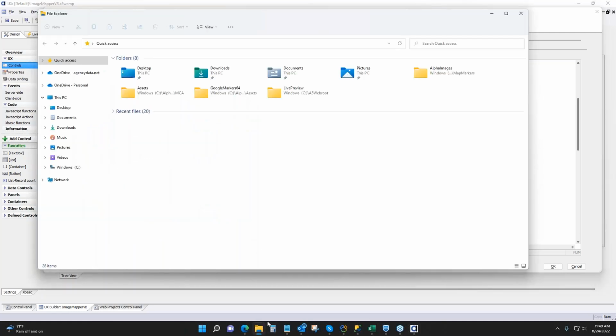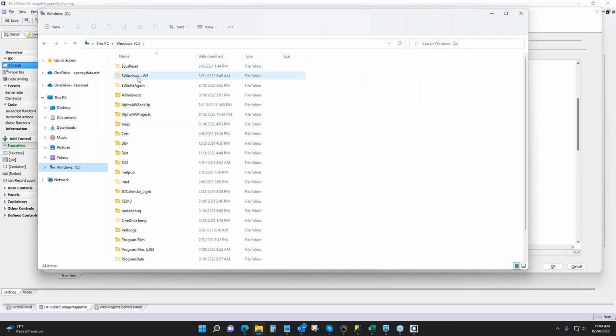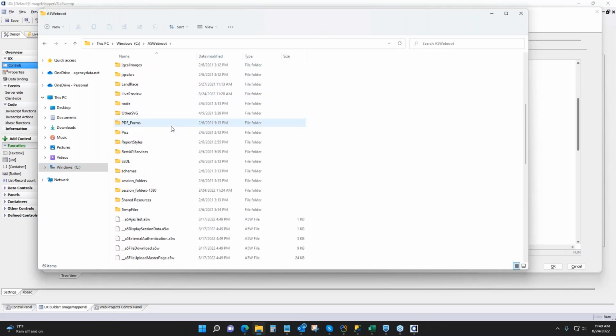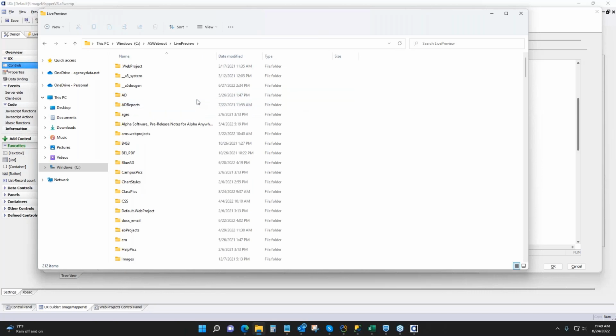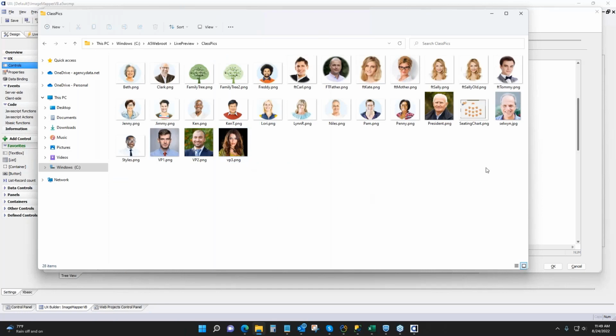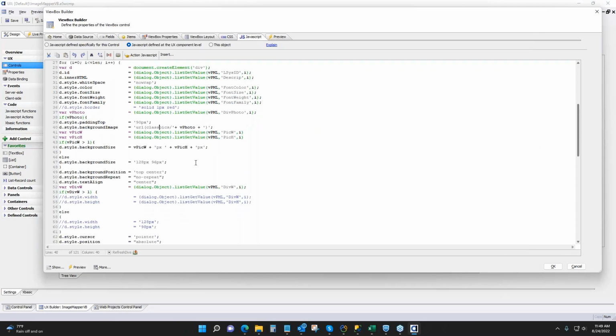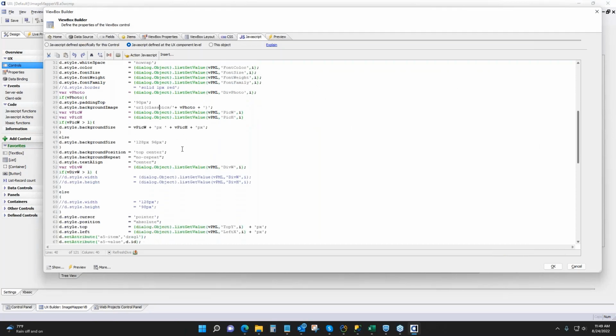So if we went out there, I don't know if I have this up or not. Let's see if I do. Nope. Well, we'll look at it real quick anyway. I think I just put it in live preview. Class pictures. So there's all the pictures that I'm using. And so I'm loading the picture, and then you can see I'm setting the background size and that kind of thing,